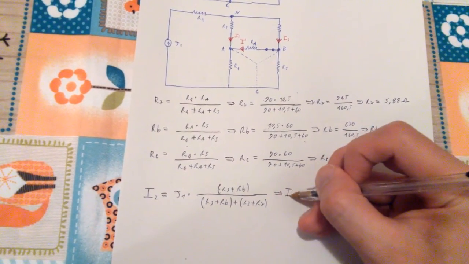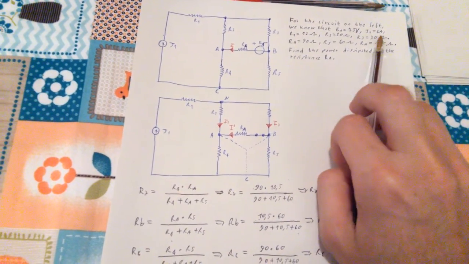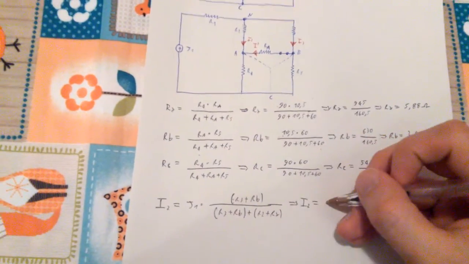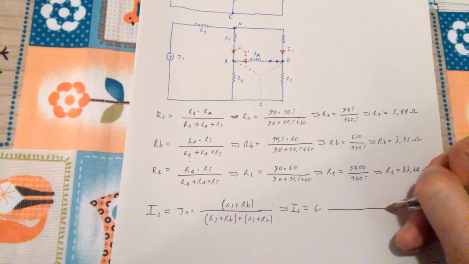So I2 will be J1, which was 6 amps, times